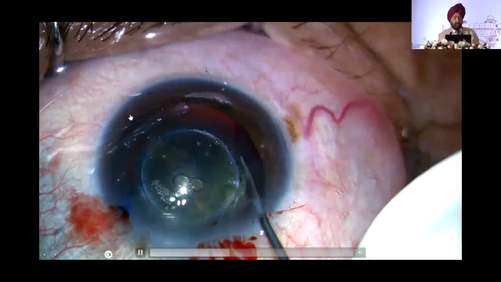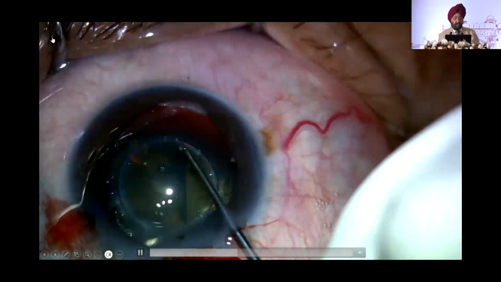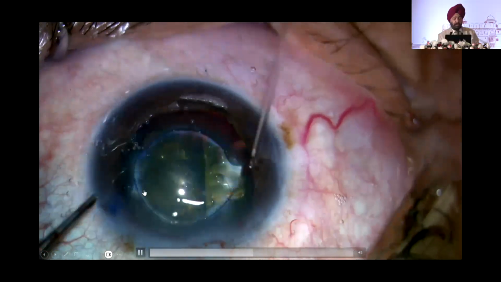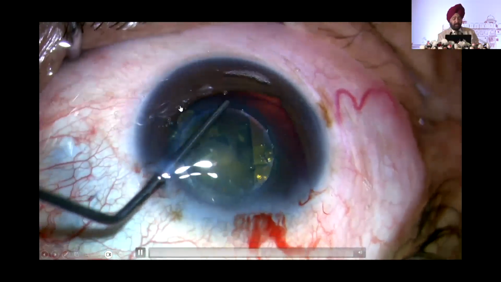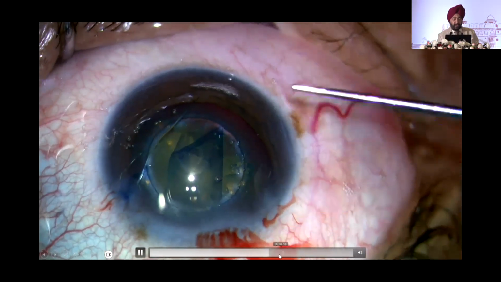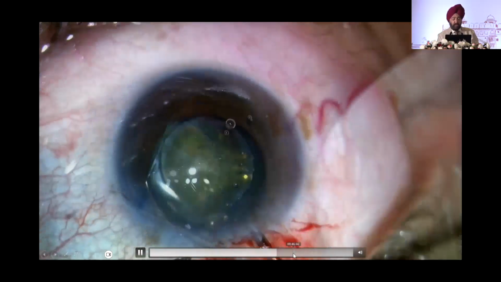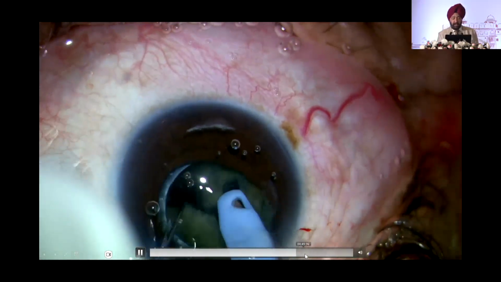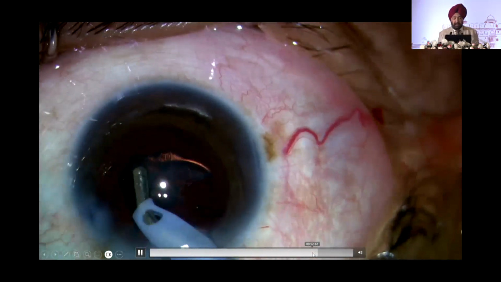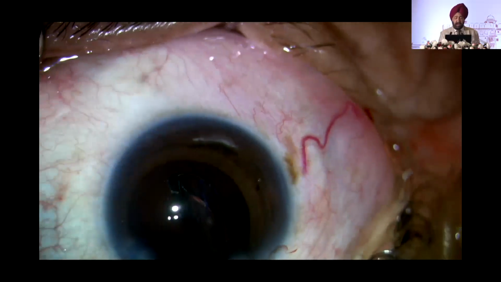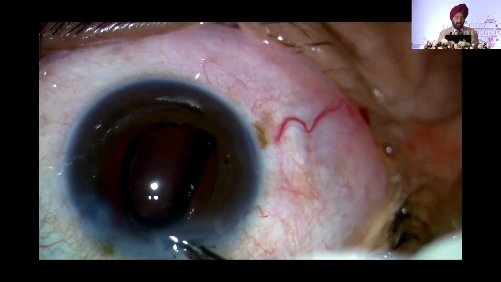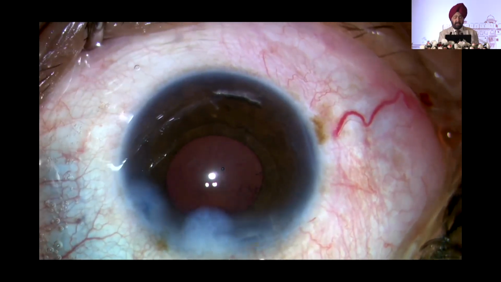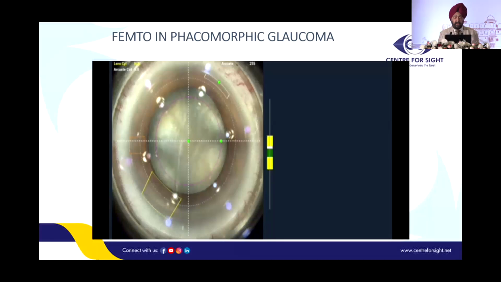There is no problem, but I still use trypan blue in all these cases, so that if there is any skip area, you will be able to take it out. Typically, an LRI has also been done in this particular case. These patients are usually very high myopes. At times, you don't get a toric lens. So the LRI in these cases can help you in getting a great outcome, even where you have a cataract in the eyes. You see, this is a 3-piece lens. This is an odd power lens that we are putting, because the patient had a minus power. Unfortunately, you don't get toric and single-piece lenses for this.